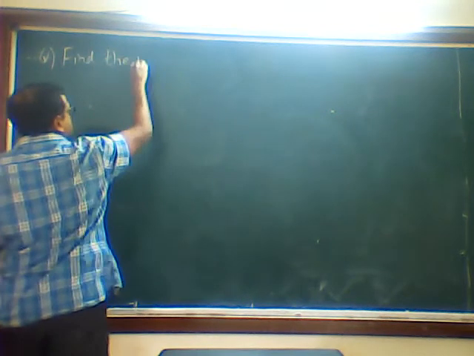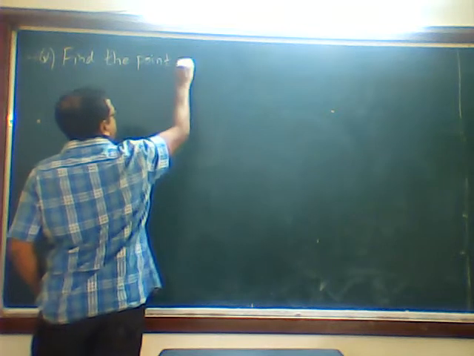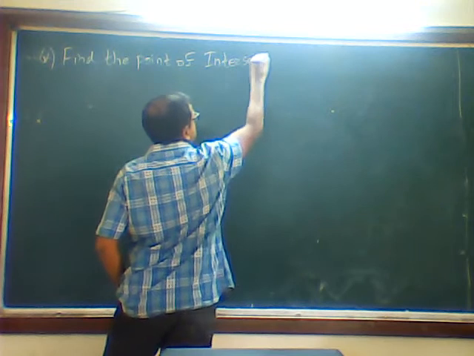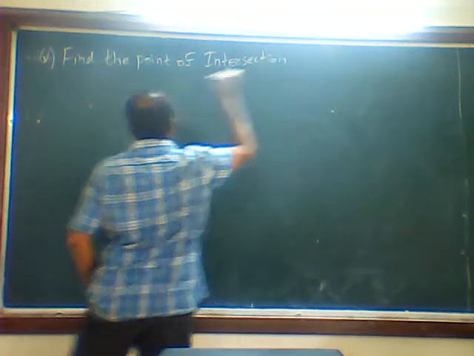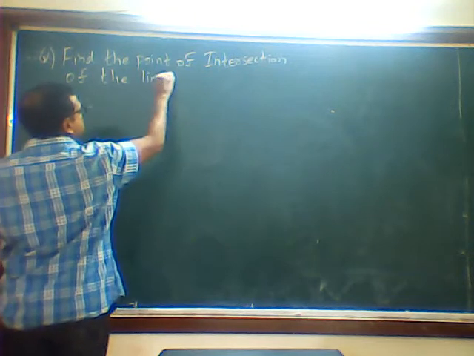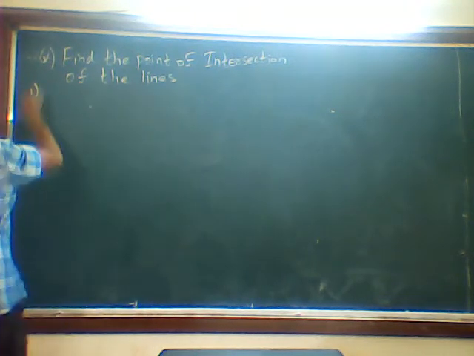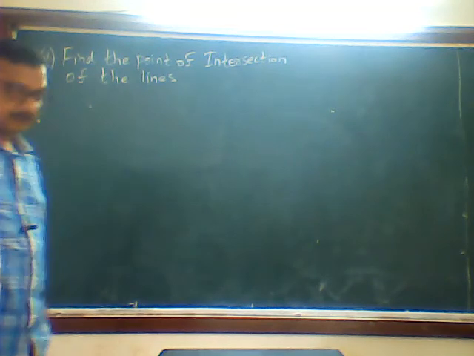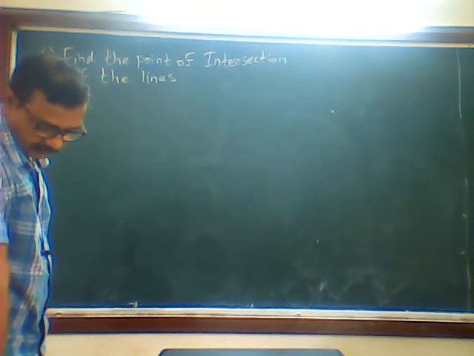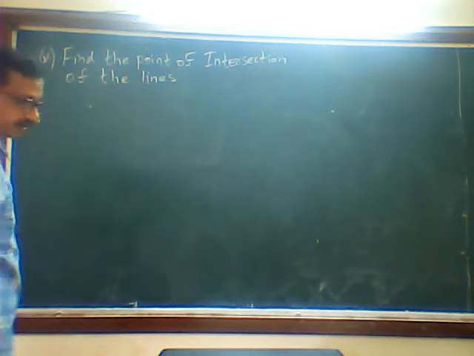So find the point of intersection of the lines. Next question. Find the point of intersection of the lines. Okay. First problem. Find the point of intersection of the lines. First problem is 2x plus 3y